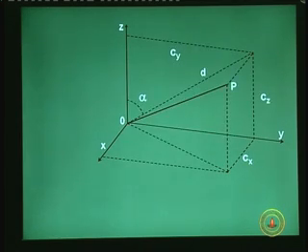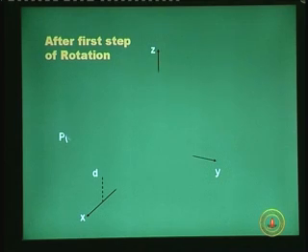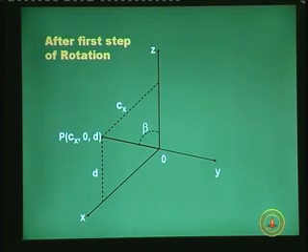I should correct myself: when you rotate OP around the x axis in a counterclockwise fashion, it will fall on the xz plane, and we now know from the previous slide what the value of alpha is. So the stage after the first rotation will look like this. This is the new figure, after OP has gone to the new position, which is given by P (Cx, 0, D). That means P has basically fallen on the xz plane. This will happen after the first rotation about the x axis.